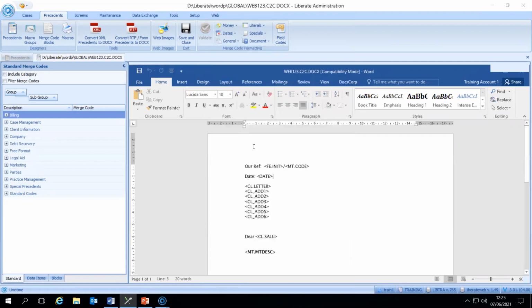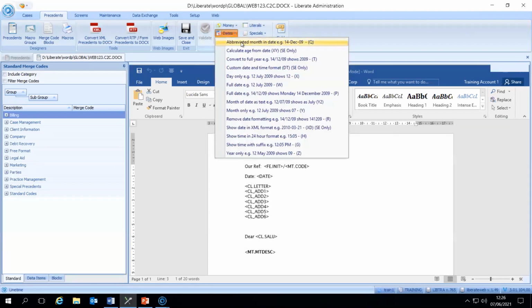In order to use those, if you're not used to those particular switches and you want to see how it comes through, once you've got your merge code on the screen, make sure you highlight it, include the details, include the open and close angle brackets. And for the date one, you can see we have a specific dates button. So selecting that, again, it will give you examples of how you can actually pull through a date, such as